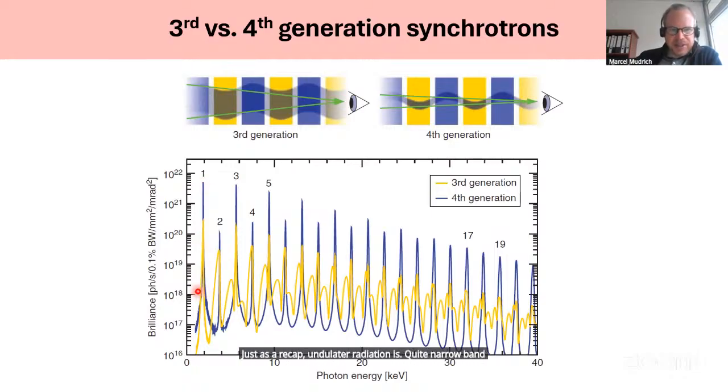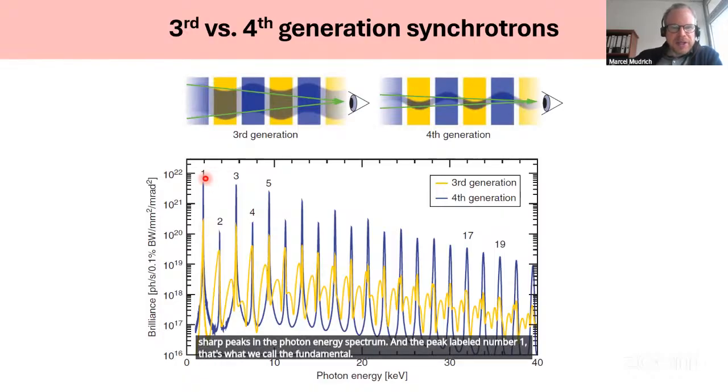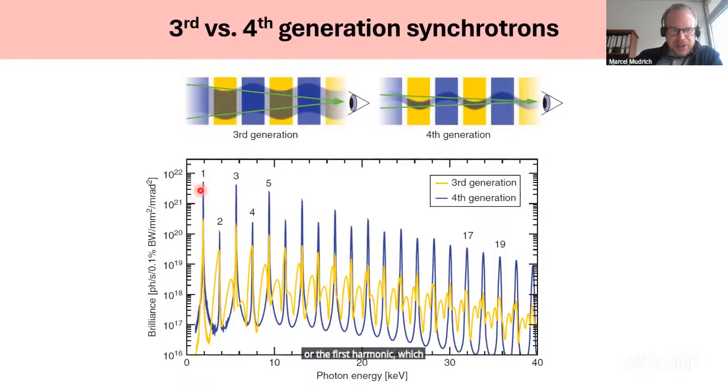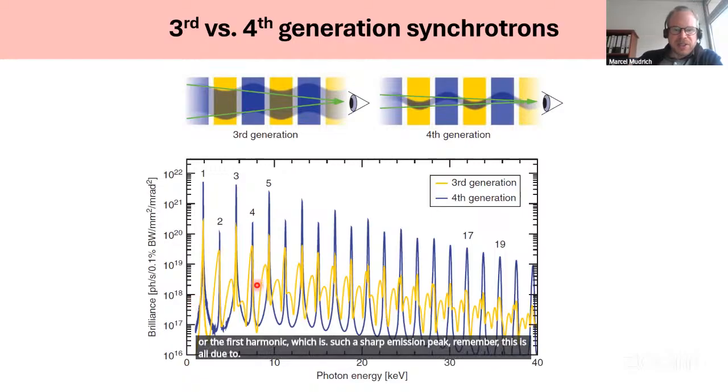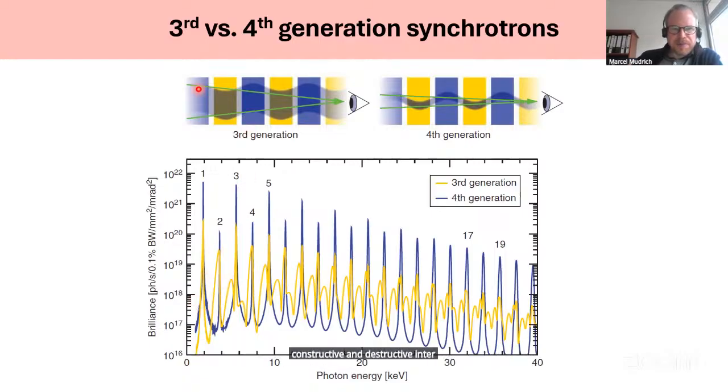Yeah, it comes in these sharp peaks in the photon energy spectrum. And the peak labeled number 1, that's what we call the fundamental or the first harmonic, which is such a sharp emission peak. Remember, this is all due to constructive and destructive interference of the partial beams emitted in every undulator period. So we get these orders of constructive interference, first order, second order, third order, very similar to interference